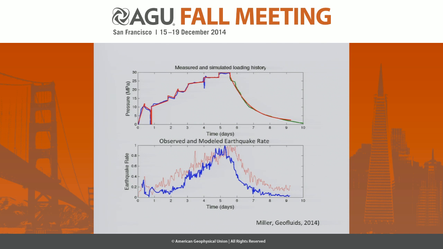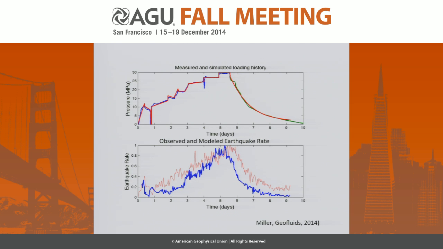Here's the input, this is the output, here's the rate of earthquakes. Blue is what was measured, and red is what was modeled. So you see here, even after they shut the system down due to an unexpected earthquake, you still get earthquakes after shutdown because you've left behind this high pressure bubble within your system that continues to diffuse and trigger earthquakes